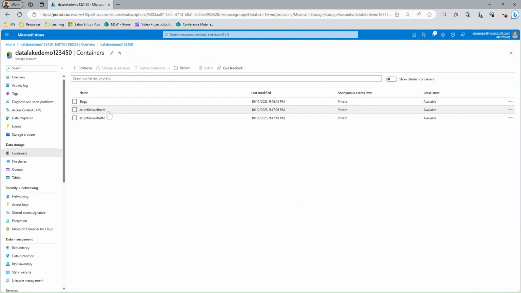And so we would create a container for each log type and sender. This way, when we later query, we can have different logical containers to limit our queries by and make sure we're querying with the right schema that's in the storage account. Congratulations, you've now set up your data lake, and I'll see you in the